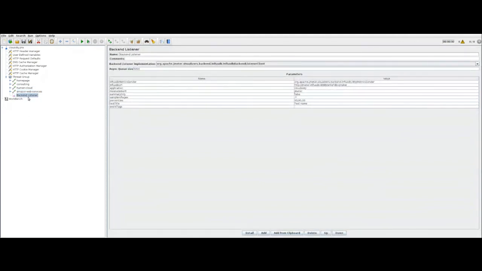So when you click on the backend listener, you can see from the drop down menu there that we are using the InfluxDB backend listener. And here you have the parameters. This parameter must align with your InfluxDB service